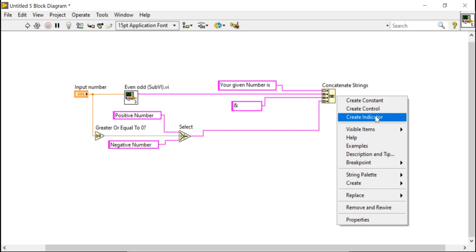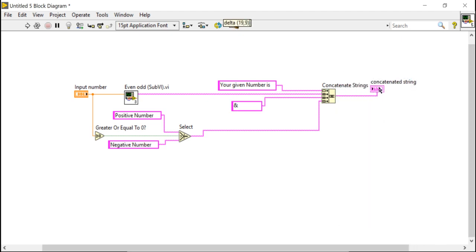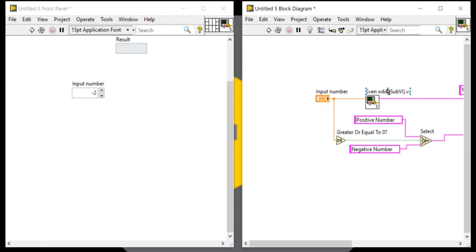Now right click, create indicator, and result or info, whatever you want. I'm going to show you the result first. After that you can design.